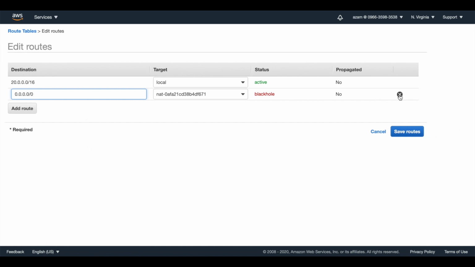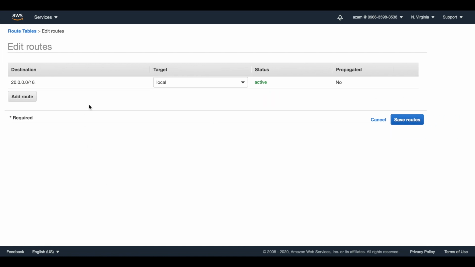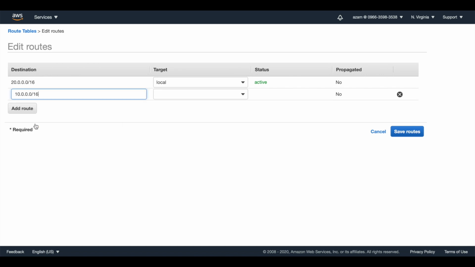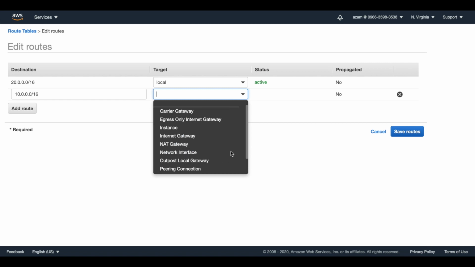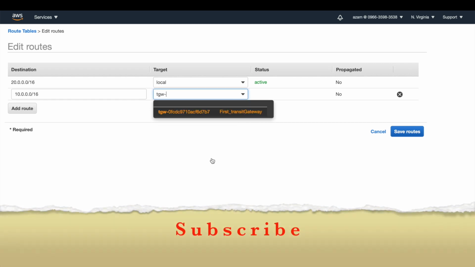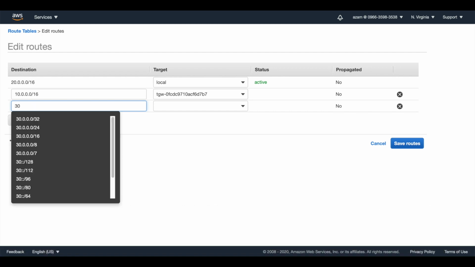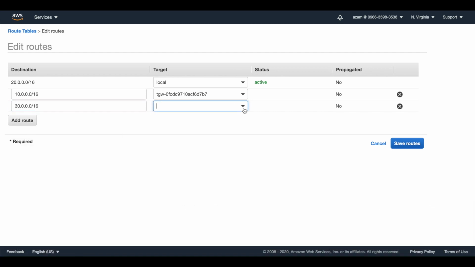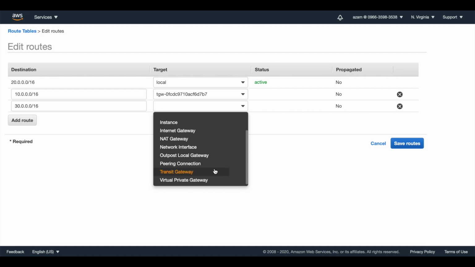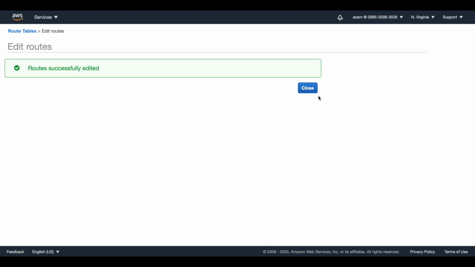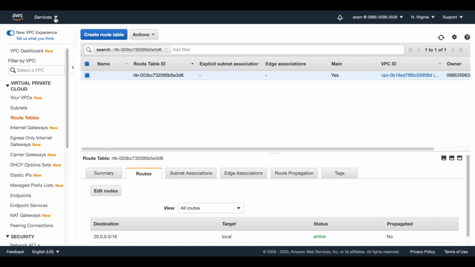This is a NAT gateway route. I deleted this one, cancel this one, and now Transit Gateway, Transit Gateway, save routes.